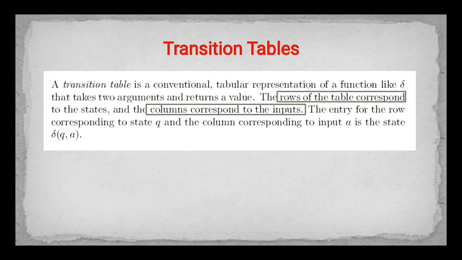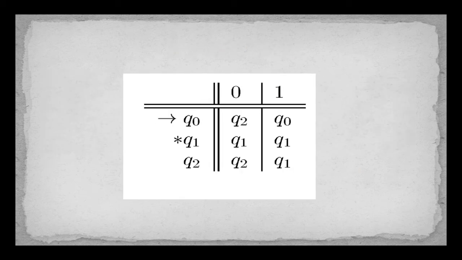Normally you all know that a table is nothing but a set of rows and columns. Here the rows represent the states, and the columns represent the inputs. So we fill in the entire elements based upon the state and the input values, and that is the transition table. You can see the transition table here, Q0, Q1 and Q2. Whenever you are filling in the data elements, the starting state is marked with an arrow, and you represent 0 comma 1 as the inputs.